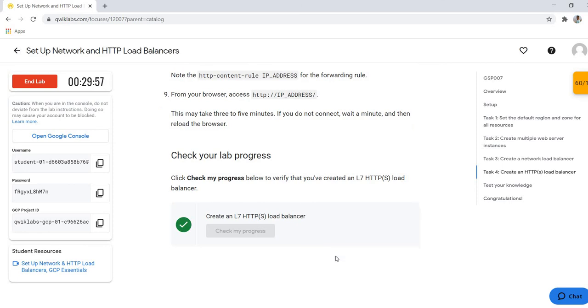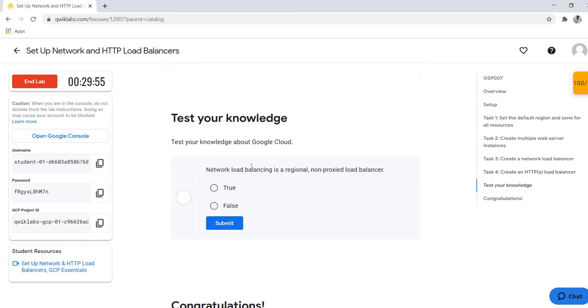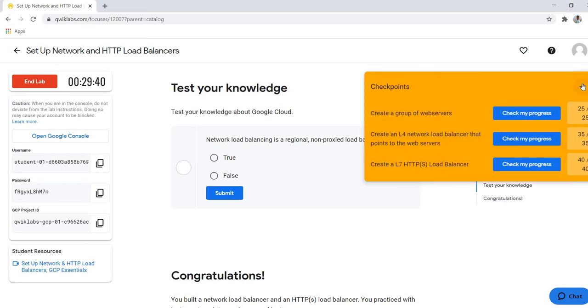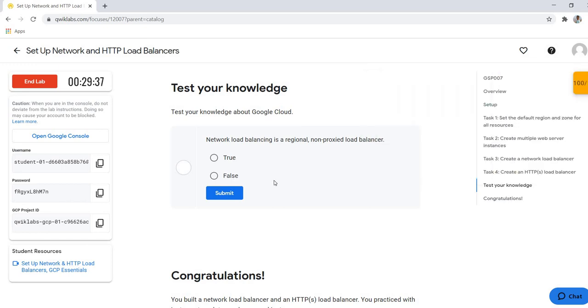So let's check our knowledge. Network load balancing is a regional non-proxied load balancer. So I completed this lab with 100 points, and the rest of the things are completed.